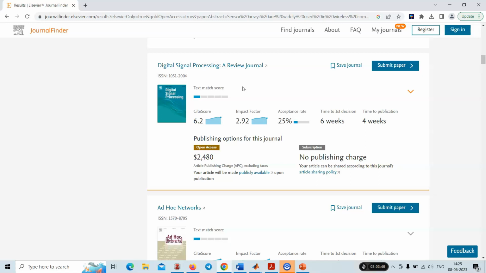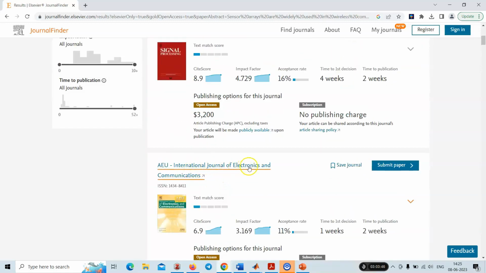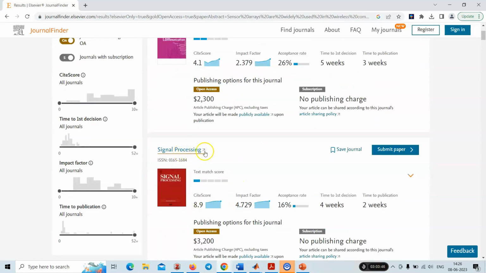So that is your personal choice, but in general, in the long run, if you are considering a career in academics, like you want to become an assistant professor or something, then it is better to have your paper in subject-specific journals such as DSP, or, as you have seen, Applied Acoustics, or International Journal of Electronics and Communication, or Signal Processing.